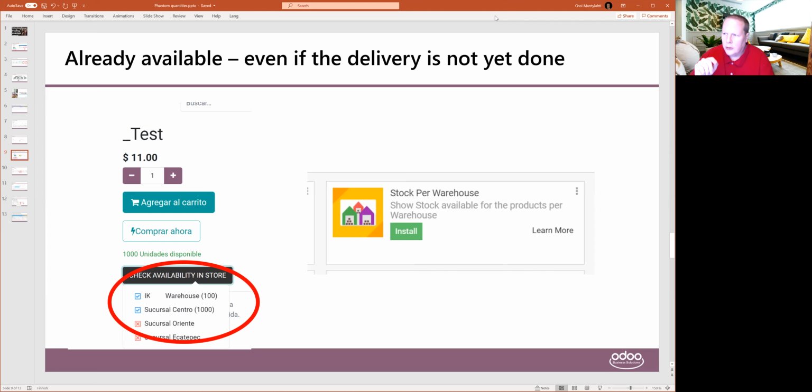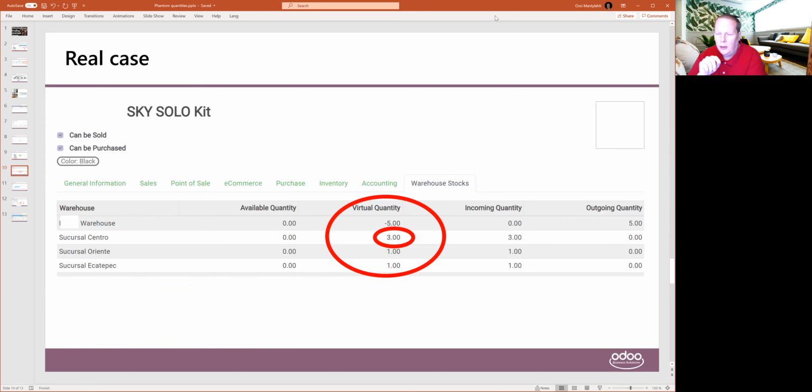When you have installed this Stock per Warehouse extension in Odoo's views, you are now seeing a new tab on the product, which is this Warehouse Stocks here. This extension does not add functionality in Odoo's product management. It just makes it visible. So here we can now see that this product has the virtual quantity,